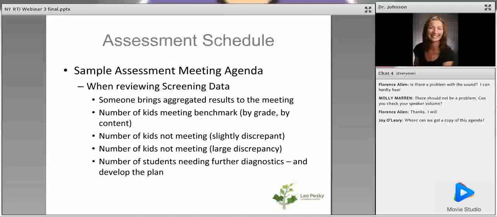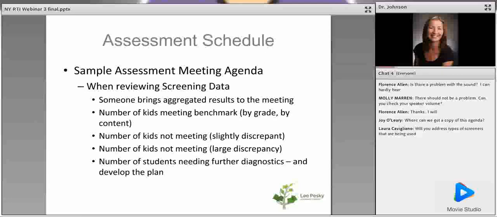Okay, so for our screening review data, we can make fancy meeting agenda templates like the one that I showed you, or we can simply have a standing agenda of a bulleted list of these are things that we're going to look at, right? So again, when we're reviewing screening data, someone's going to bring the aggregated results to our meeting. And by aggregated, we want by grade level, by content area,